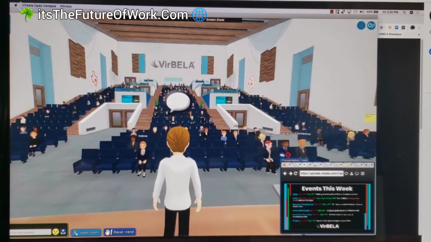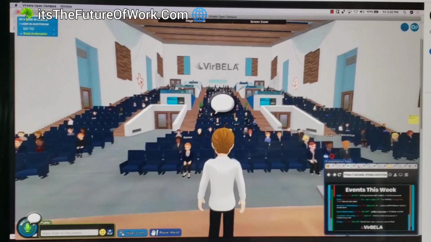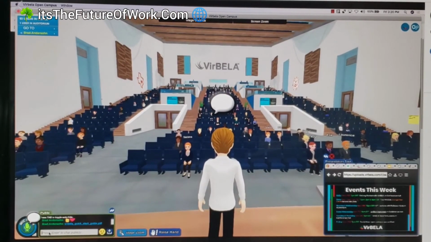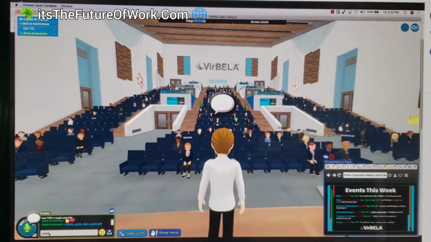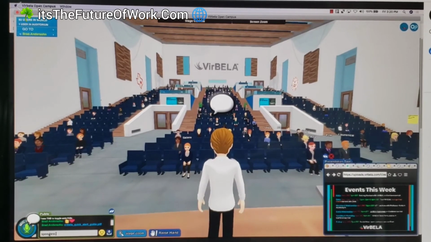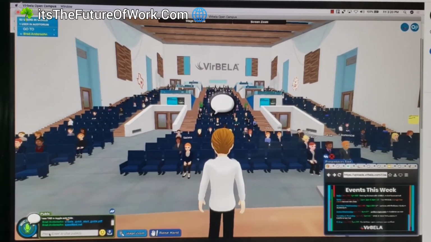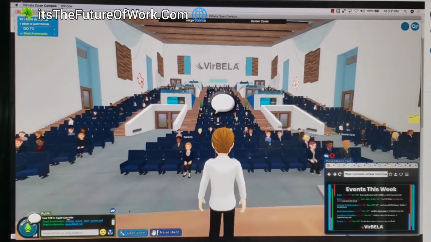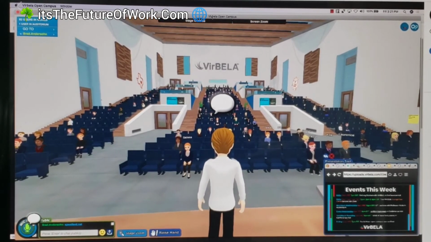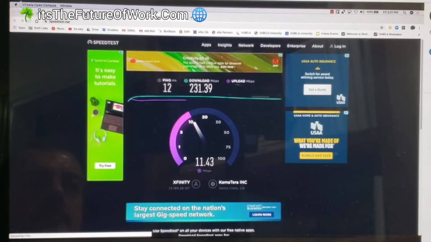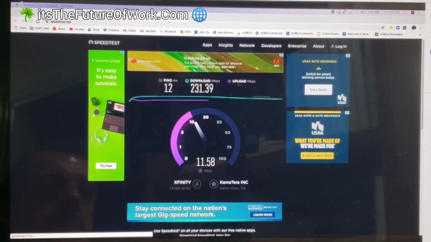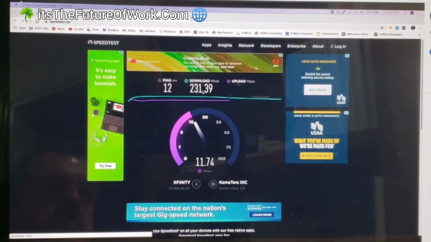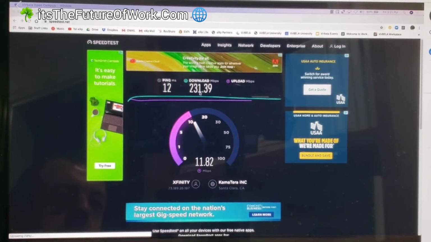And when I do this, I want you all to click on this link and then see what your internet speed is, because you might be getting more or less than you're paying for or than you think you should be getting. I was on AT&T getting about 5 megabits per second, and then I switched over to another company where I'm located, and you'll see here live, it's running about 231 megabits per second download speed, and that's really